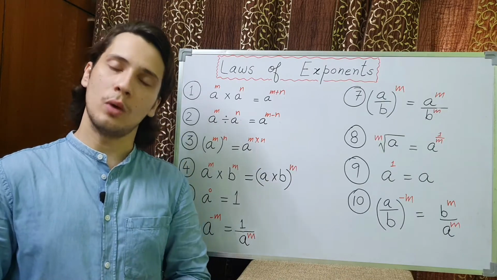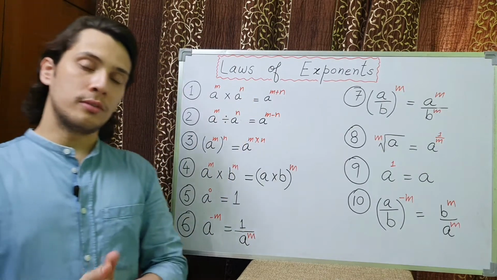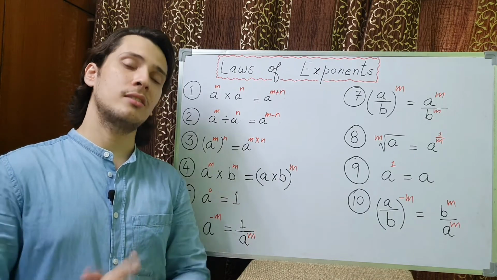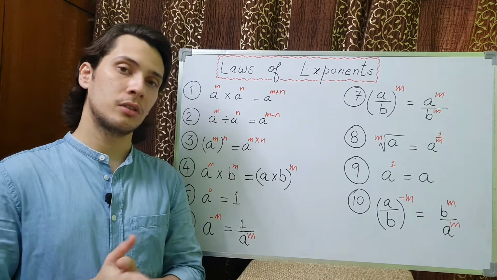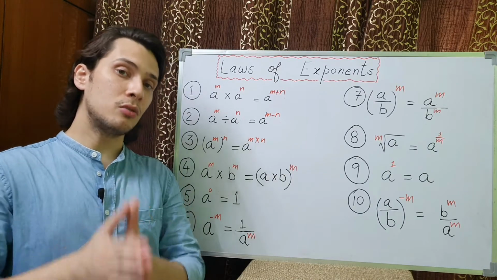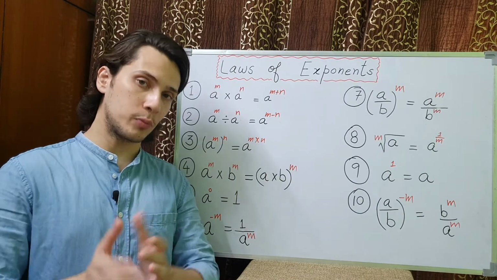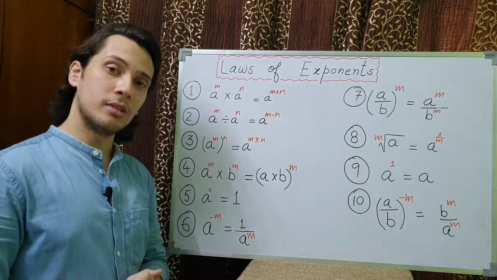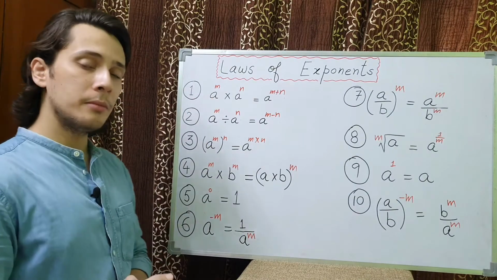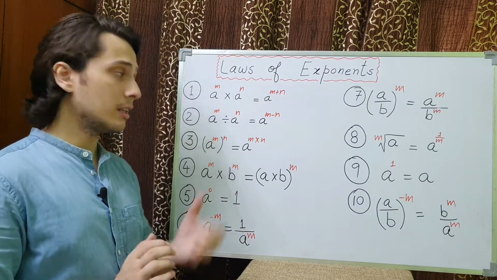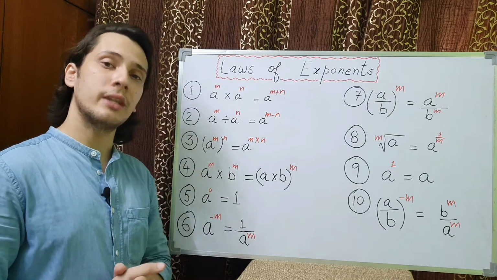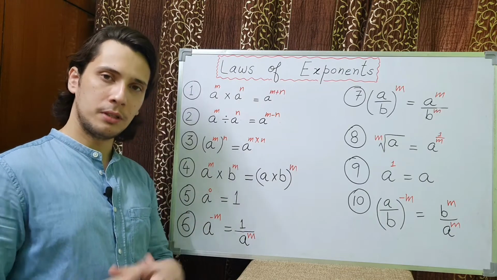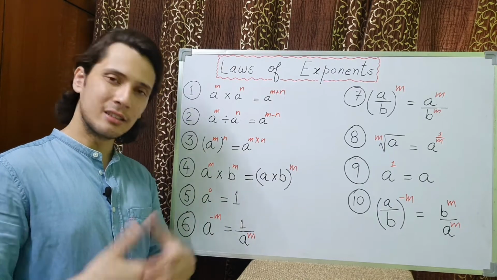You all are welcome. Today we are going to do some laws of exponents because before heading to the last exercise, which is 1.6 of the number system, you must know what the basic laws of exponents are. So let's begin. The very first law is the most important. A raised to the power m multiplied by a raised to the power n gives you a raised to the power m plus n. m and n should be integers. They could be negative, they could be positive, or 0 also.